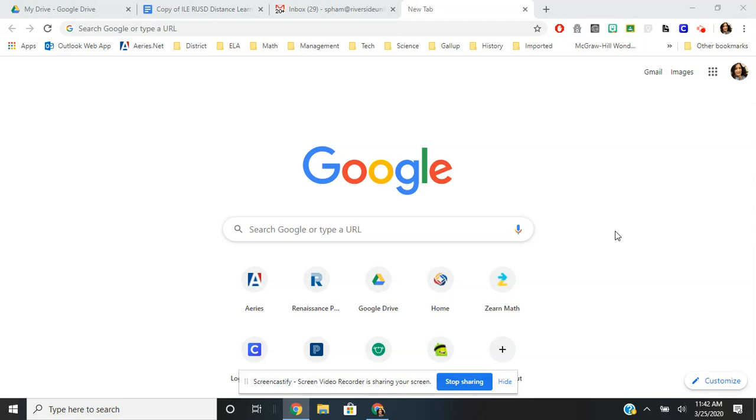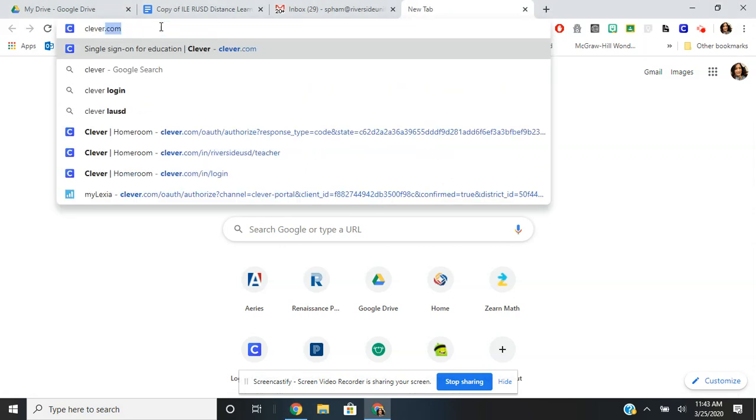I am a second grade teacher at Harrison Elementary School, and today I'm going to walk you through how to use Clever. Clever is a program where our district houses many other programs for students to access. It's a one-click access for students once they get in there. For me, it's right here on my Google homepage. It's in my shortcuts. If it's not there for you, you can always type at the top clever.com